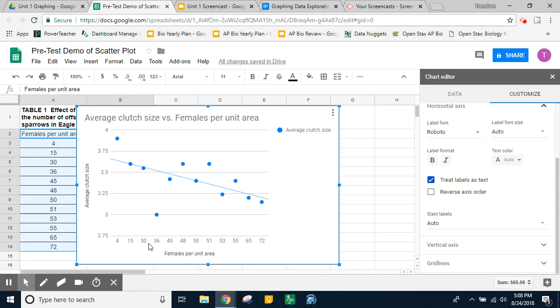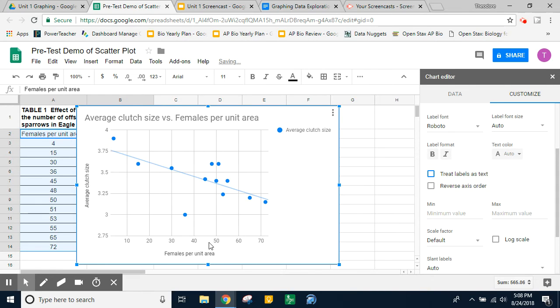So if Google Sheets ever predicts this and does it wrong, if you go into horizontal axis and uncheck the box that says treat labels as text, now it'll turn that back into a nice number line, which is good. So just double check, make sure they're evenly spread numbers along the axes. Okay, so another thing we got to look at is our